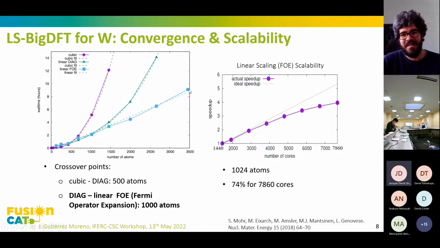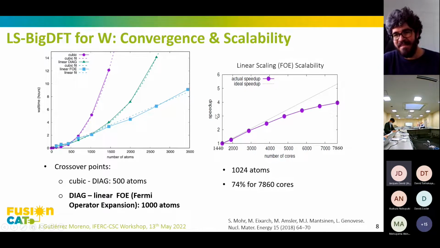On the other hand, if we look at this blue line here, blue squares that correspond to the FOE method, which is the pure linear scaling method that we use in BigDFT, we can see that the behavior is linear, this straight line. And this makes simulations with even 2,000–3,000 atoms affordable. That is something that we could not reach with standard DFT. On the other hand, of course, if you want to simulate systems with less than 500 atoms, then it's not that worth it. So computational cost would be almost double compared to standard DFT. But if you want to go to large systems, linear scaling is probably the only way.